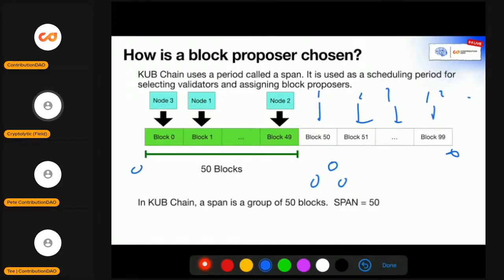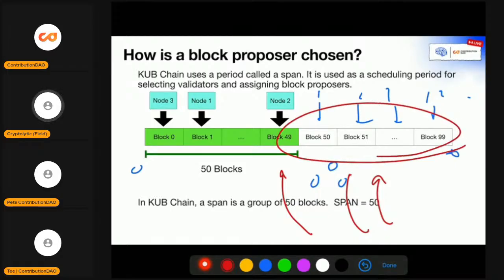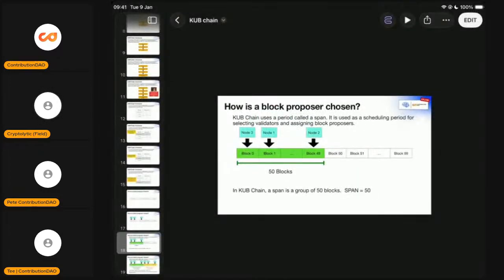But what if a new validator joins along the way? The blocks are already assigned, so the new node is not going to be able to join and become a proposer. So by doing it periodically,